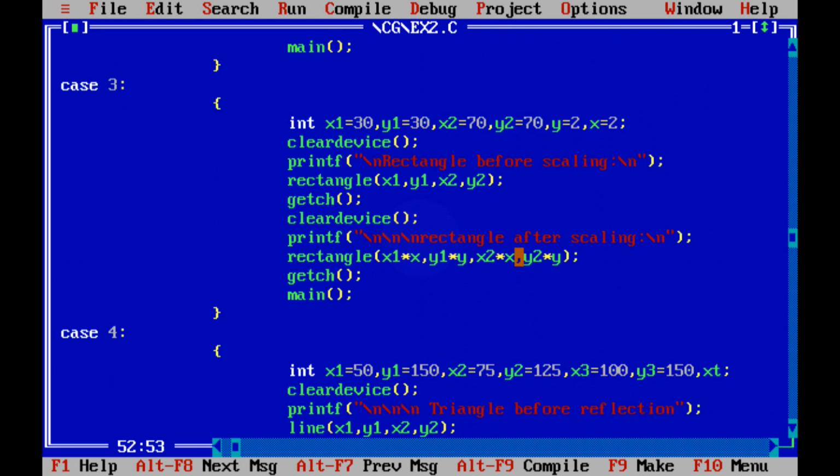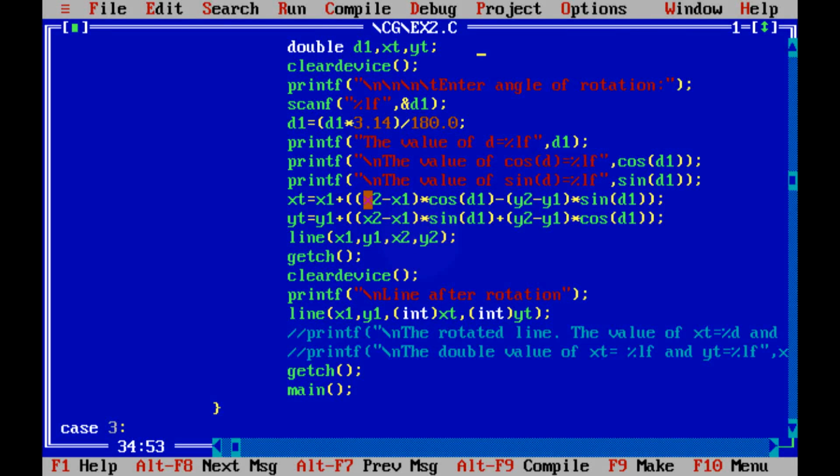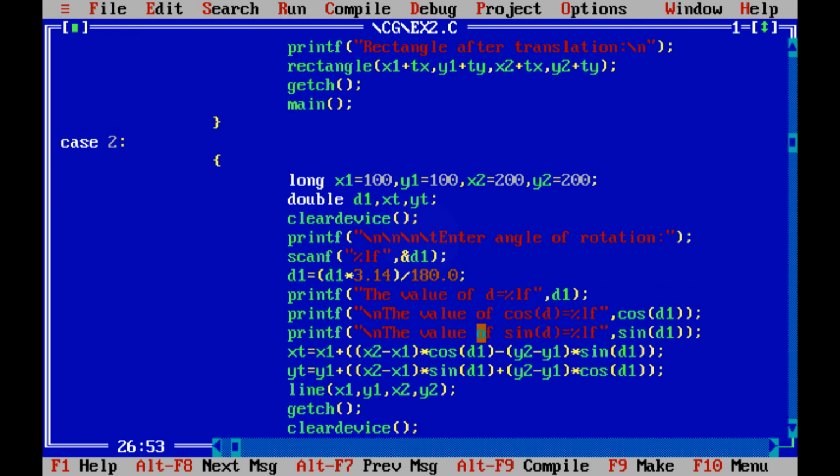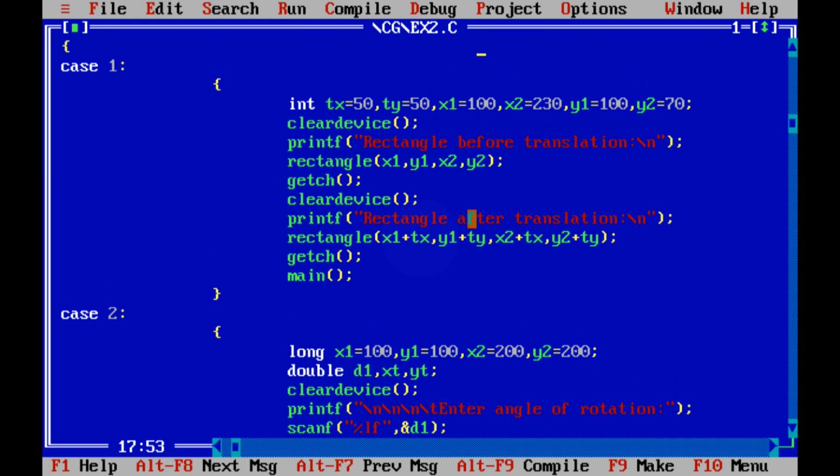And in rotation, we found the del x and del y so that we are able to find the second point relative to the first point. So we are using all the 2D transformation concepts and applying them considering the limitations of the computer. That's why our formula gets a little bit worse.